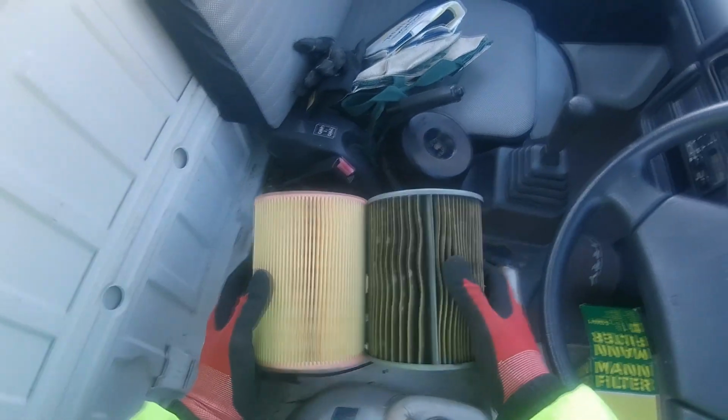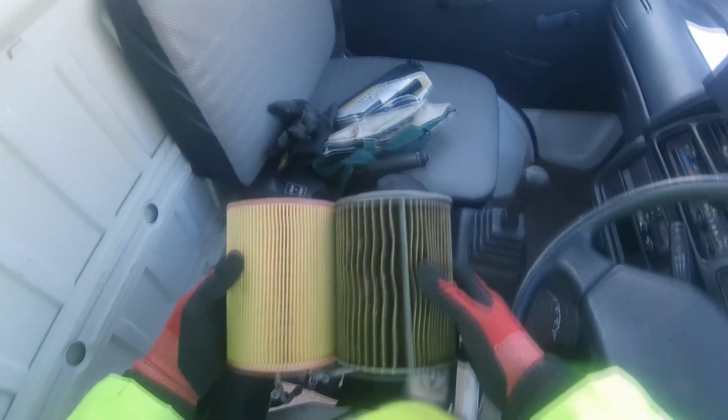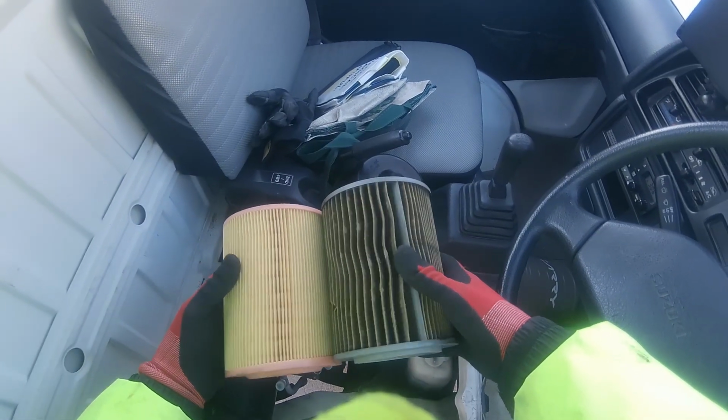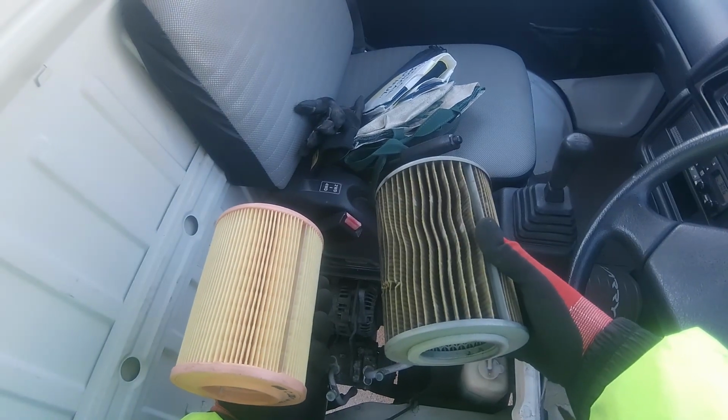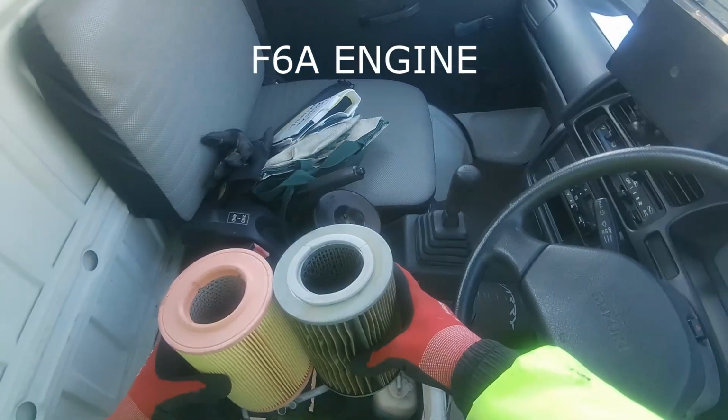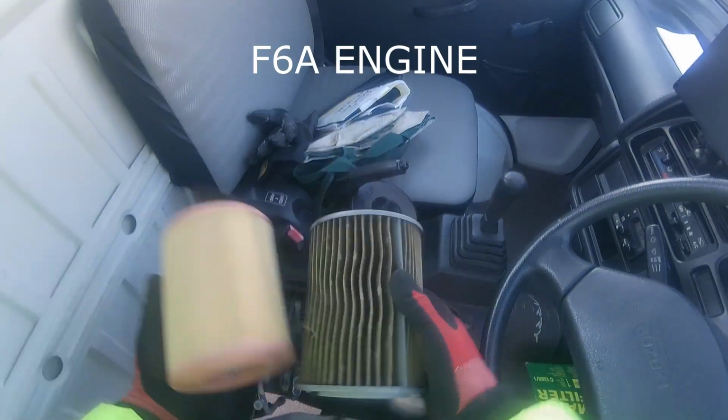There is, I believe, a Suzuki model that uses a 5-inch tall filter, but for this particular 1996 Suzuki Carry with a DD51T engine or model, this is the one that fits, and it's a perfect fit. I already had it in here. I did clean this out while I was here,